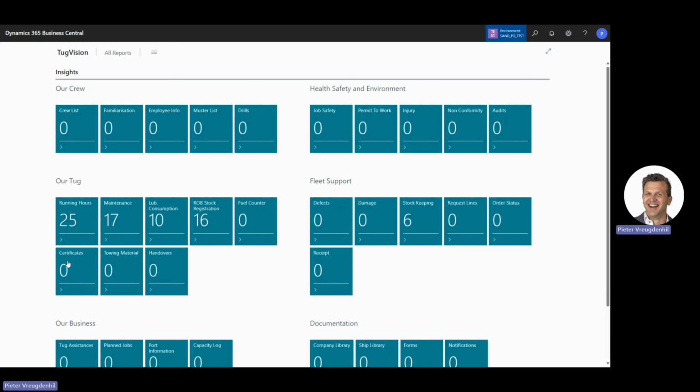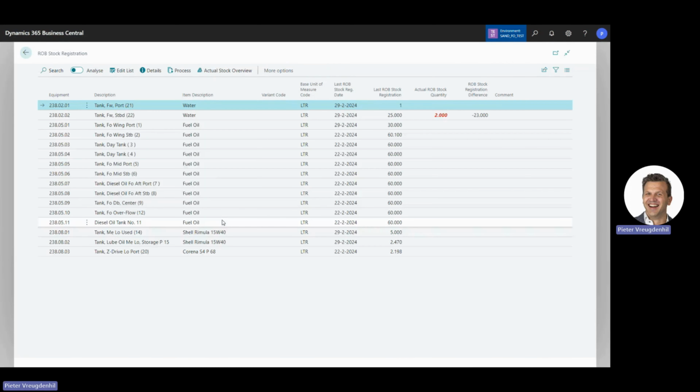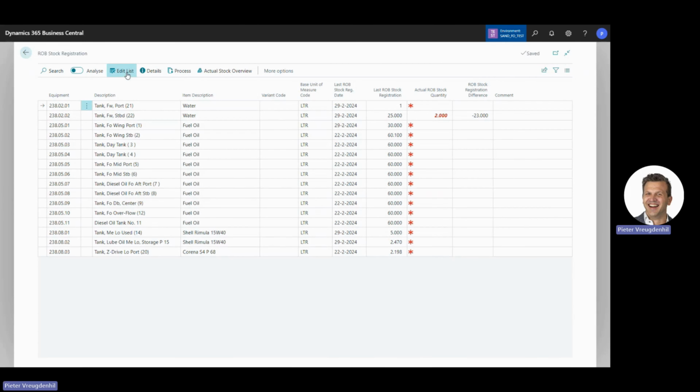Then you go to ROB stock registration in the role center from the crew on board. Under this tile, you can see the setup of all your tanks and the content of what's within the tanks. With edit list, you can then